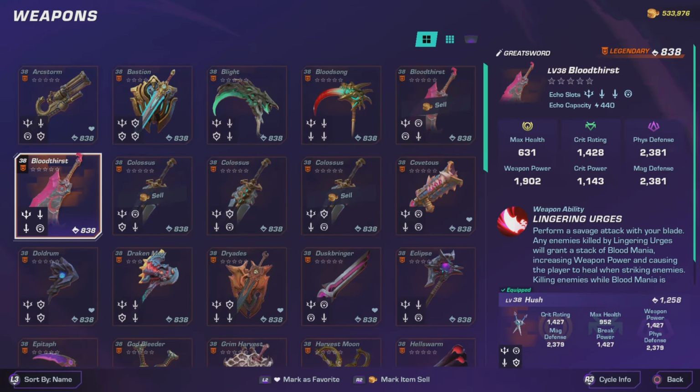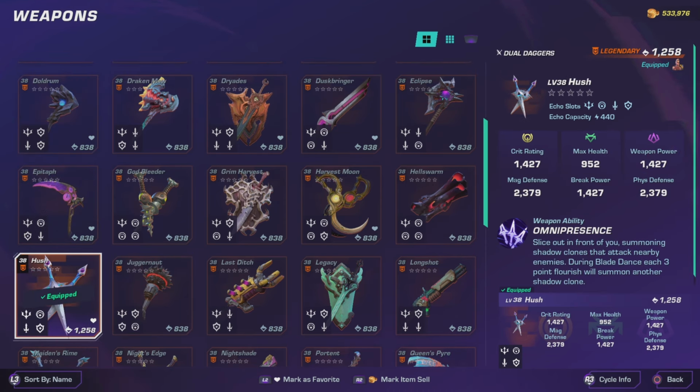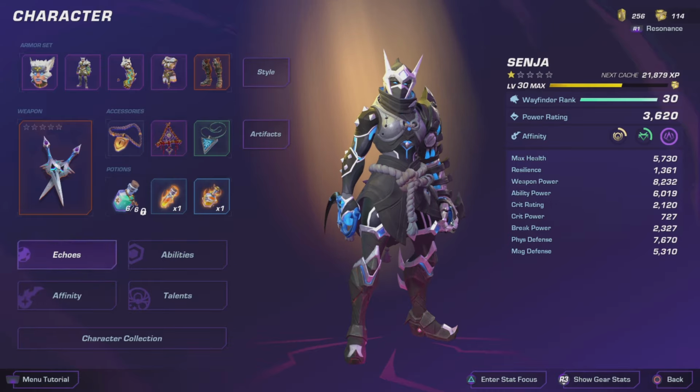The Hush is one of the only weapons in the game, a small few of weapons that does an additional effect after the weapon ability. But for this one specifically, whenever you use a flourish point, it summons another shadow clone. Now, your weapon abilities for the daggers are built up depending on how many hits you do. So after you do this first weapon ability, because the daggers are hitting twice, the next one builds up very quickly, right? And then on top of that, if you got